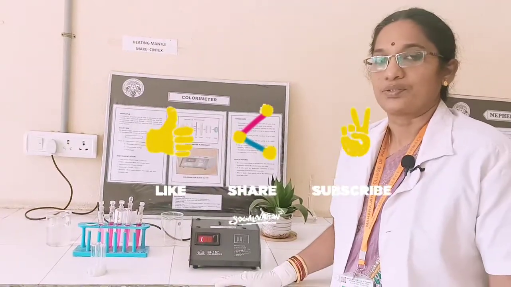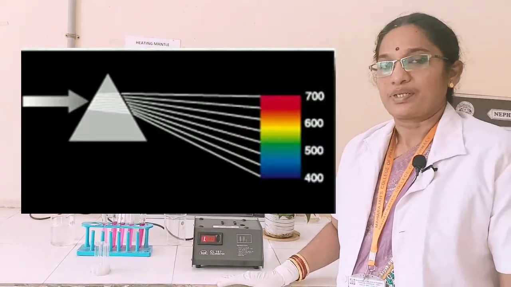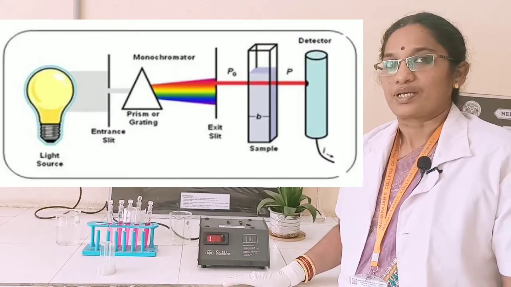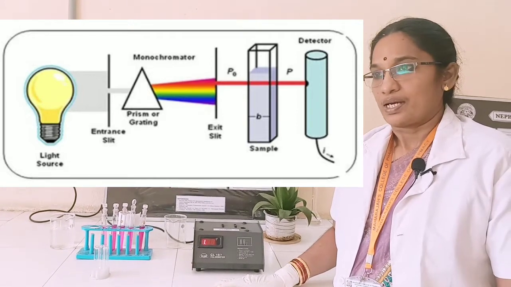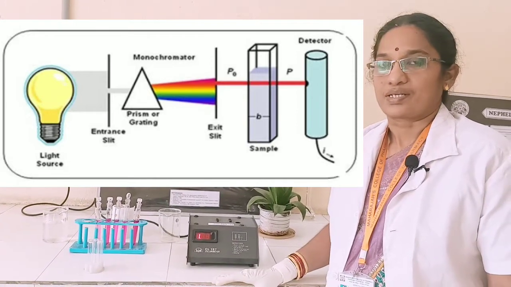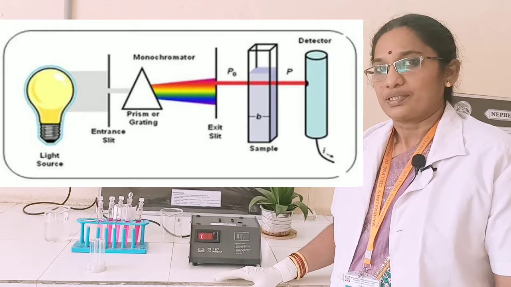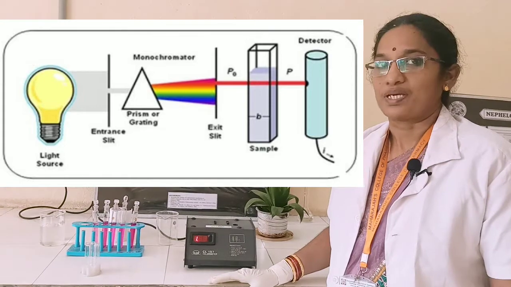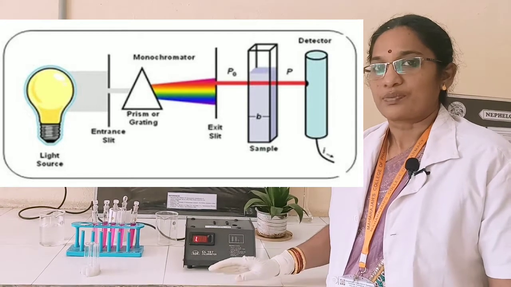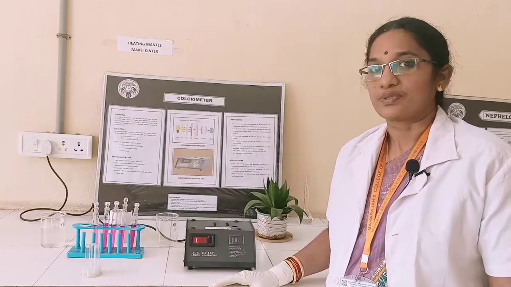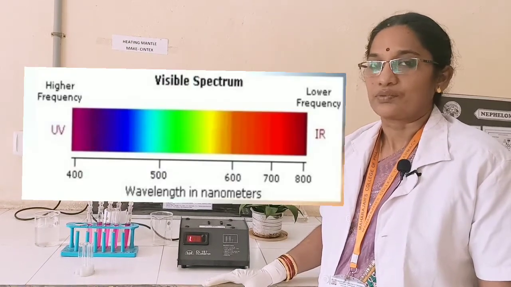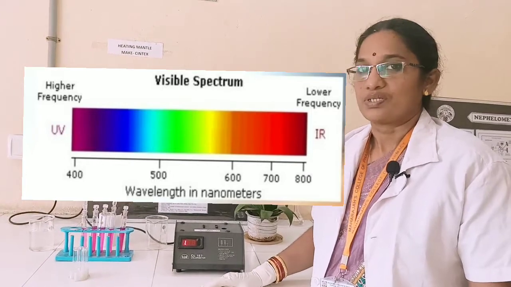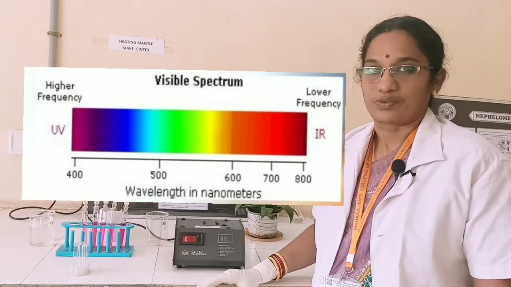Let me now describe about colorimetry. Colorimetry is a part of spectroscopy, that is a science that is dealing with interaction of light with matter. And as the name indicates, colorimeter or colorimetry, this particular procedure is based on measurement of color. And this particular procedure can also be called visible spectroscopy, because here we are going to measure all the colored solutions, and as colored solutions are visible, this is also called visible spectroscopy.